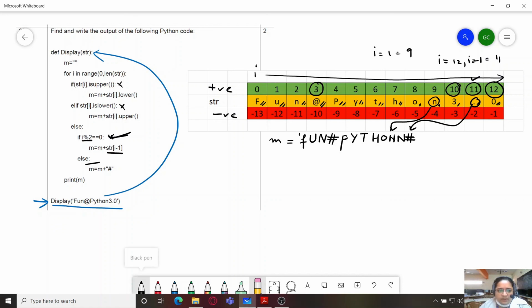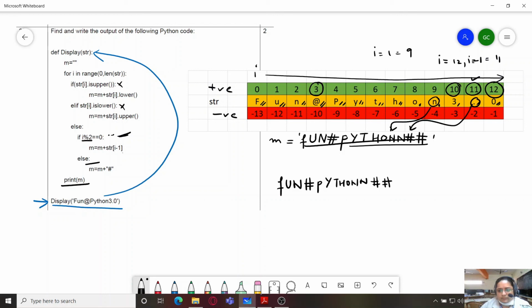This hashtag only will be added, as str[i-1] has to be added. So we will add hashtag over here. So this becomes our m. And at the end we have to print it. So our output is going to be this.